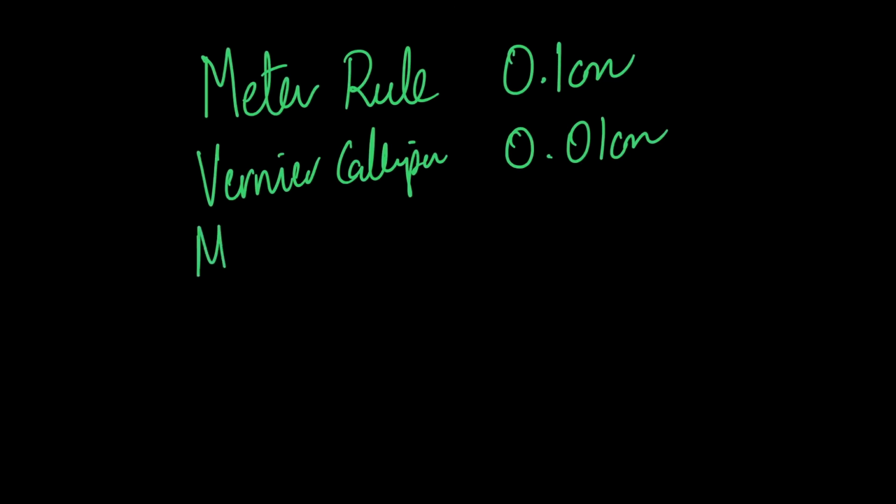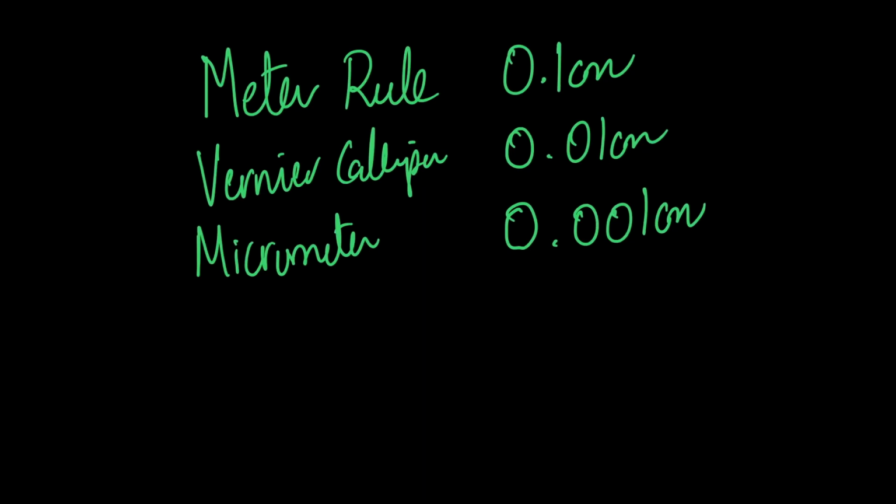और उसके बाद क्या हुआ? उसके बाद आ गए micrometers. Now when micrometers came into the picture, then the precision went up to 0.001 cm, even better. So you can clearly see that as you go down, the number of decimal places are increasing, and as a result, your precision is increasing. So अगर precision नीचे की तरफ increase कर रही है, और मुझे एक बंदा एक question में पूछता है that